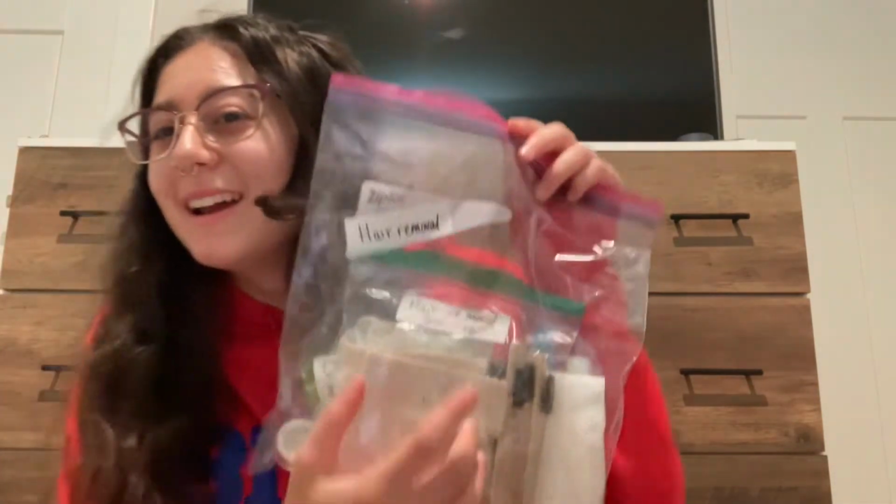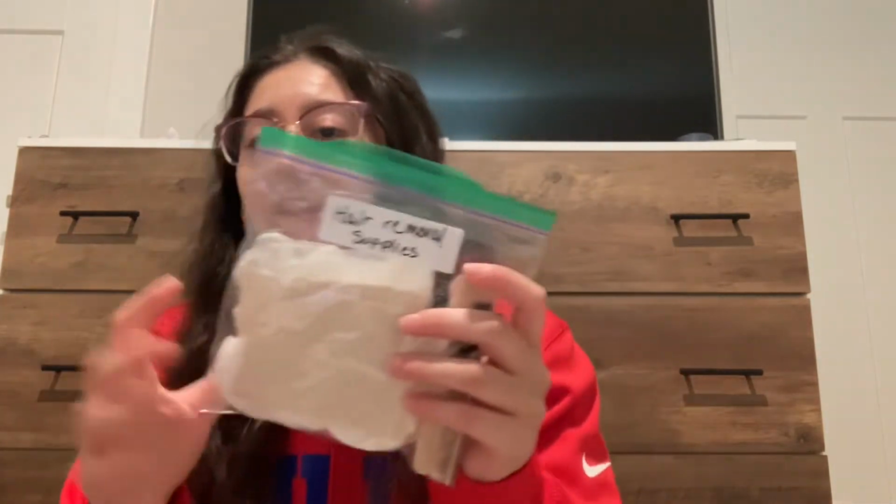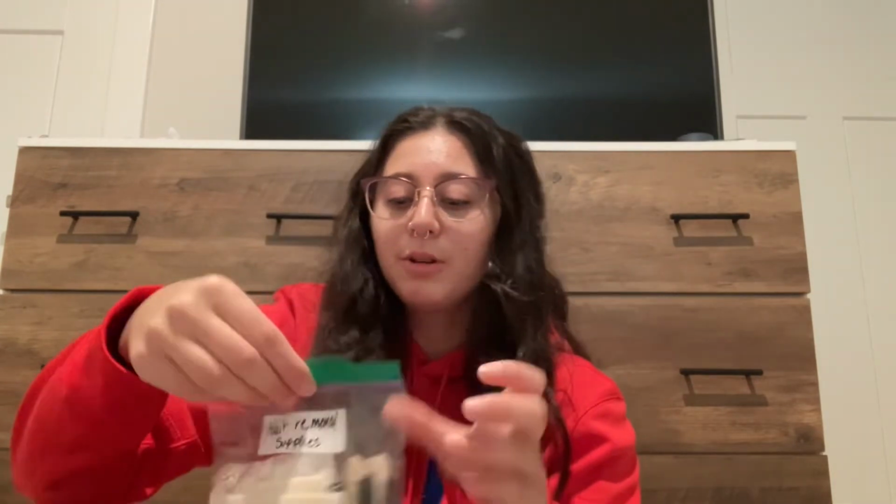Now moving on to the actual testing portion of the exam. For the first test, we're doing removal of superfluous hair, aka waxing. You have to label a big bag that says hair removal. In the big bag, we have a tiny little bag that says hair removal supplies. So in this little bag, you are going to have